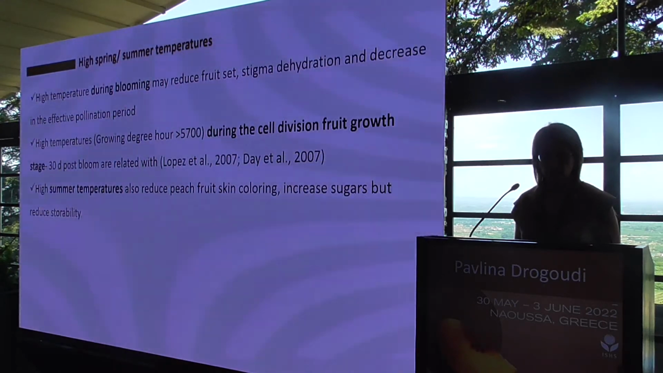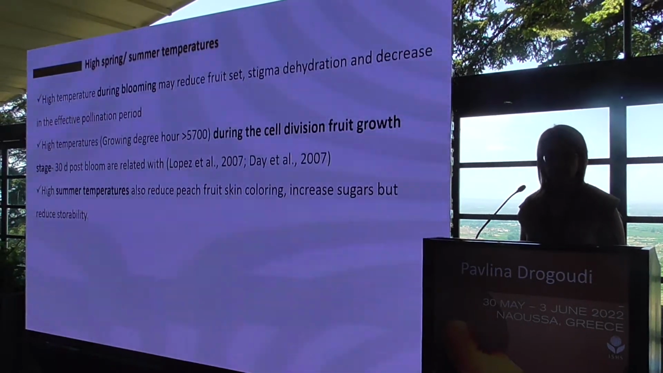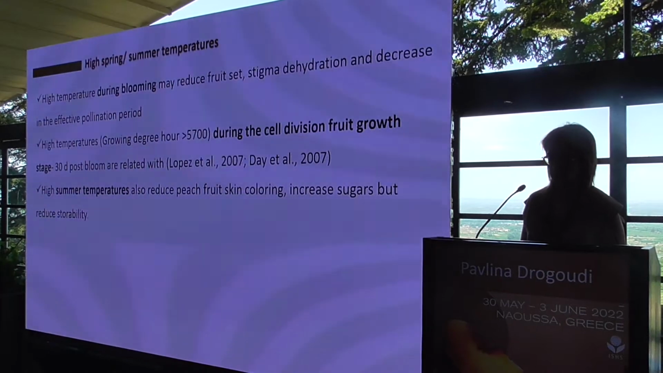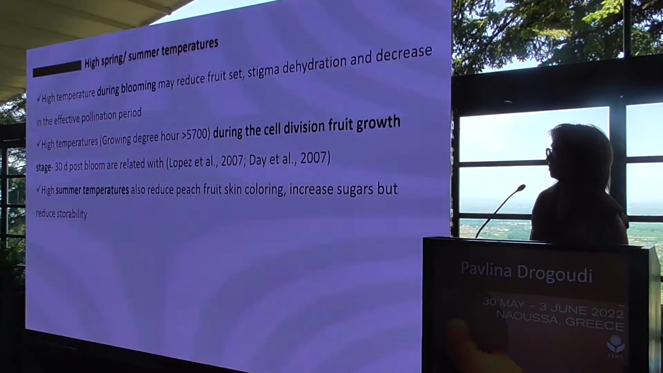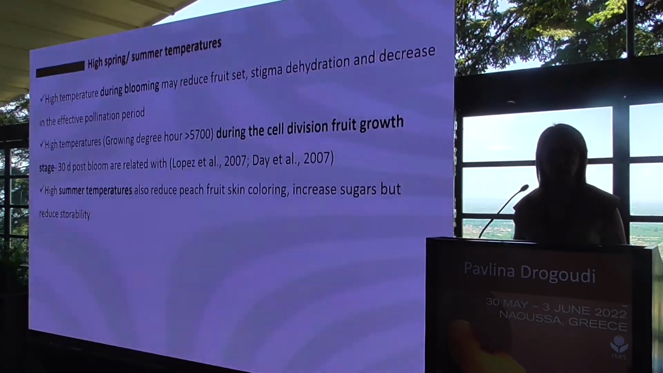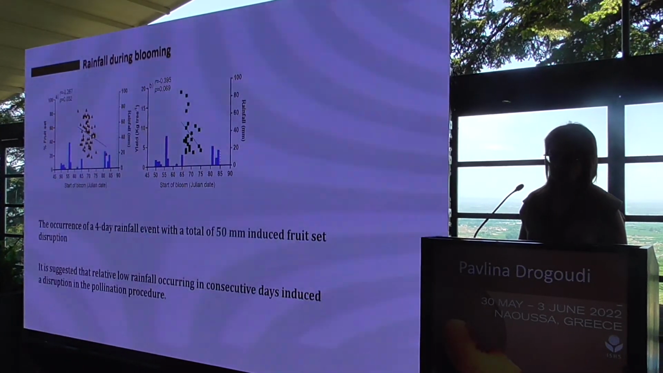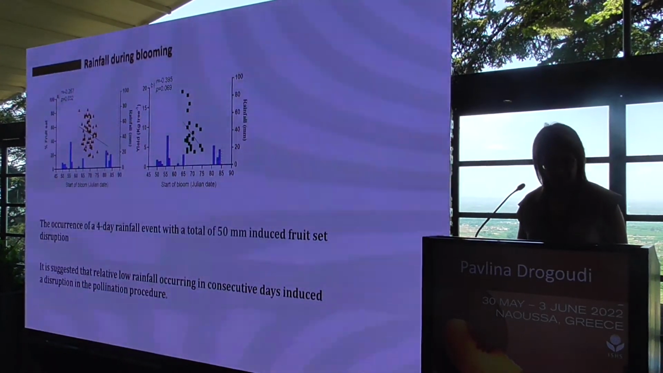Higher summer temperature may also affect the peach fruit skin coloring, increase sugars, and reduce durability. So we need to consider all of this as parameters affecting fruit. We have also seen that only 4 days